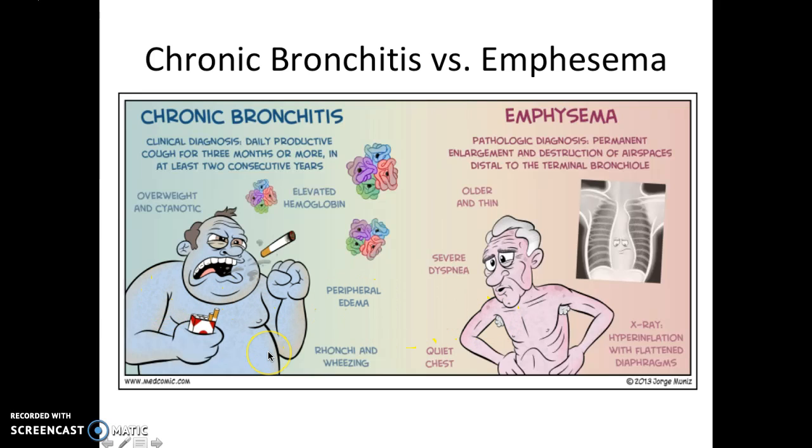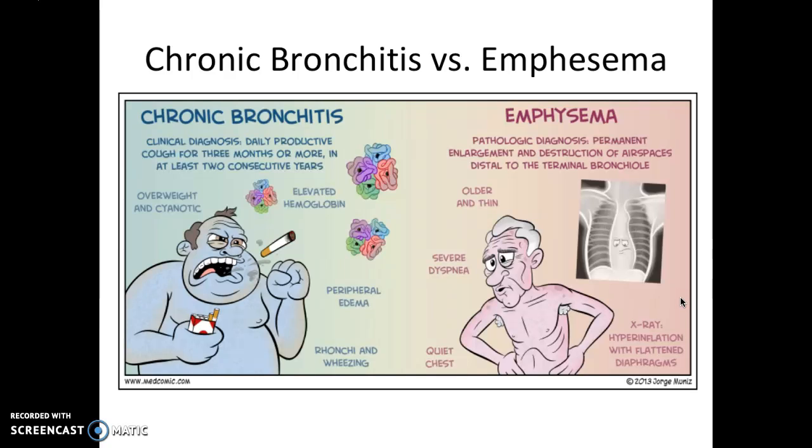So the blue bloater is sort of a larger individual. They're cyanotic. They have a bunch of peripheral edema, a lot of wheezing. Pink puffer for emphysema, this isn't a clinical diagnosis like chronic bronchitis. This is actually radiographic. We're going to basically see those flattened out diaphragms. These people are kind of barrel chested. They have severe dyspnea. Oftentimes they're very thin because they have to work so hard to breathe, and they have